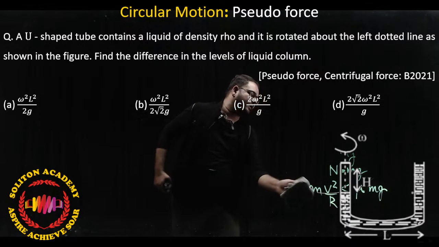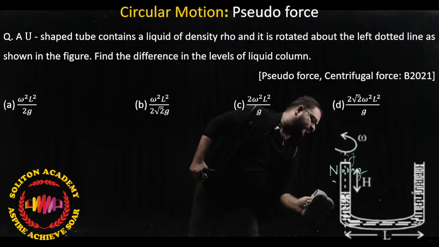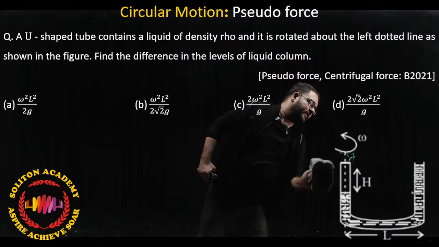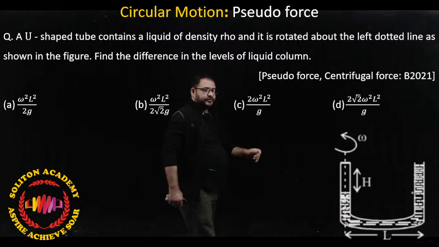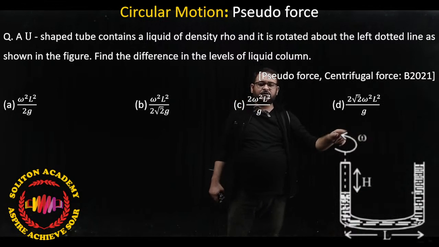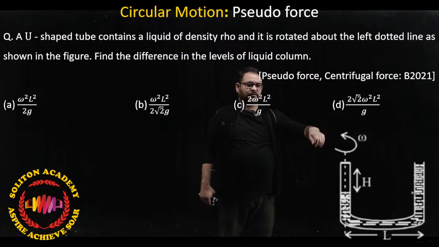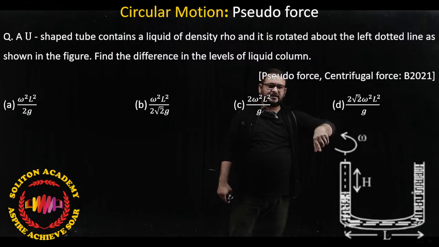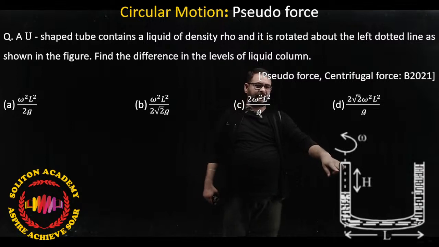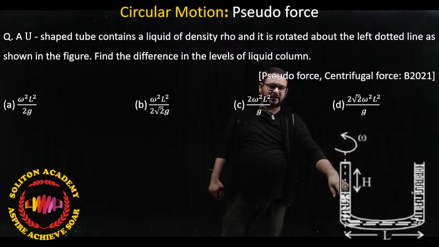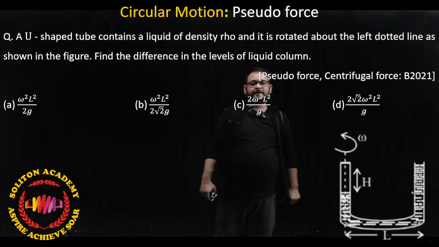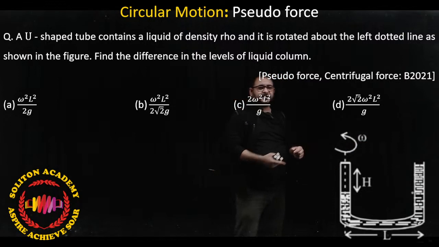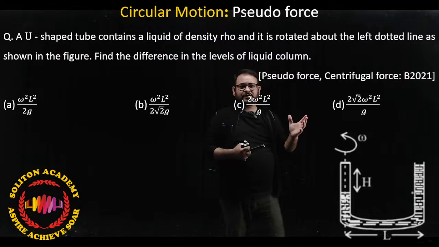So you know there is a hydrostatic pressure, it develops, और अगर आप एक U-ट्यूब लें, ओके, और उसको रिवॉल्व करें ओमेगा से, तो आप देखेंगे अंदर वाला मिनिस्कस थोड़ा डाउन हो जाता है और बाहर वाला मिनिस्कस अप हो जाता है, राइट? इस पर्टिकुलर केस में ये पूछा गया है, a U-ट्यूब contains